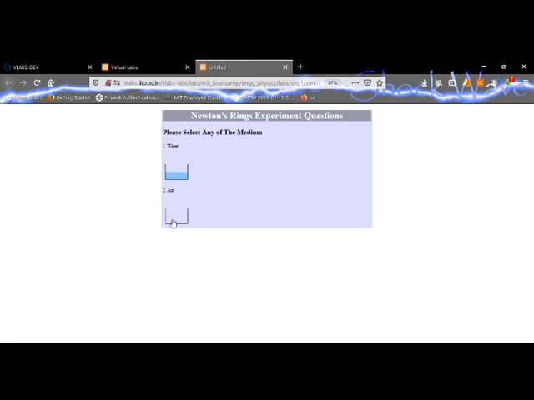So here we need to select any one of the mediums. In a normal setup, we generally do not do this experiment with some other medium, but here, because it is a virtual experiment, we have the facility to perform the experiment with air as the medium between the plano-convex lens and plain glass plate, or we can have water as the medium present between the curved surface and the plane surface of the plano-convex lens and plain glass plate. So let us do it for the air. It takes us to this new page.